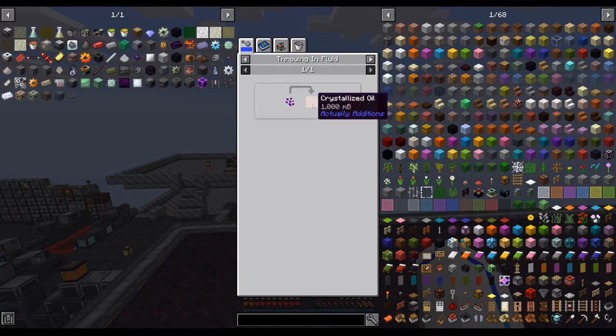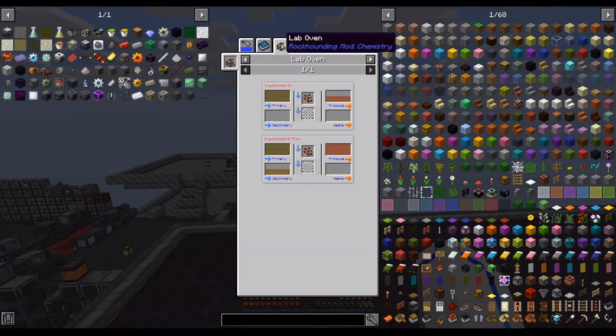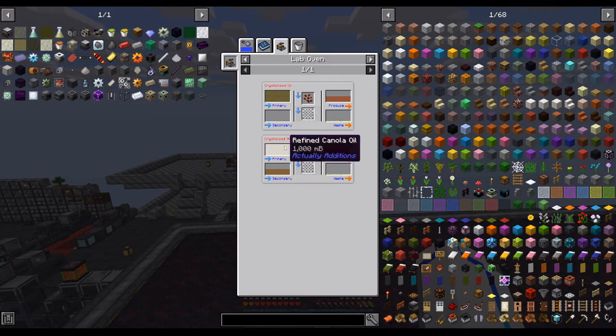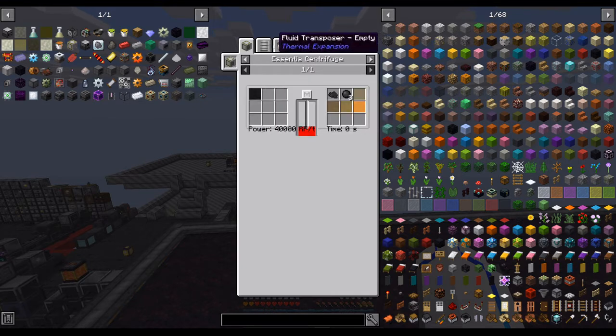This is the normal way to do it, throwing in fluid, which is definitely something that I obviously could do. But I want to do this lab oven way to see if it's any good. So this is going to take a couple things. Refined canola oil, obviously, and napalm. Napalm is gasoline and aluminum. So the gasoline comes from...